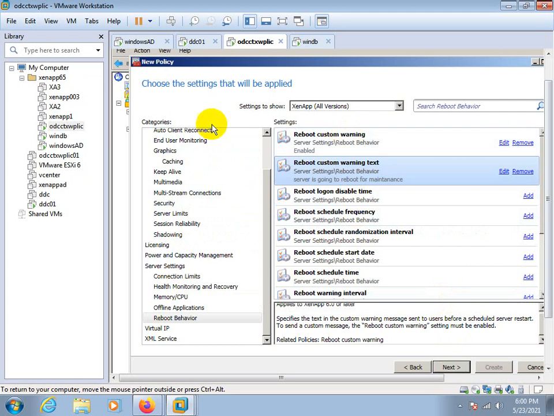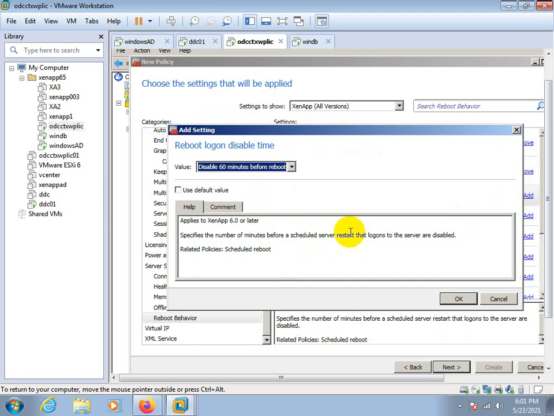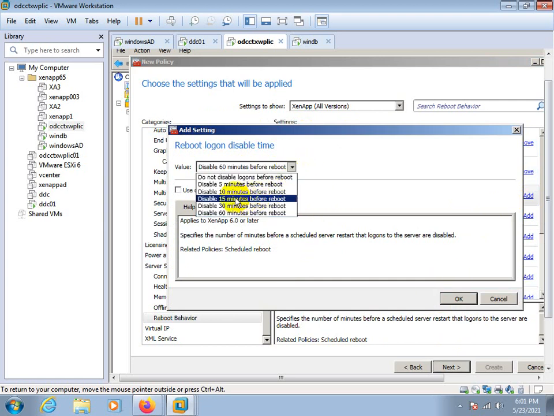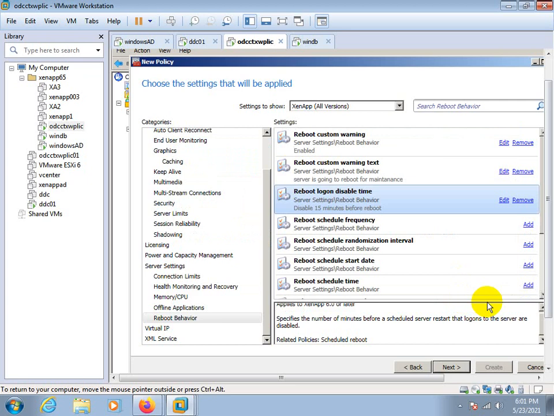First you need to enable the custom warning, then the warning text, then the reboot logon disable time. How much time? It is 15 minutes. Before 15 minutes, logon will be disabled on the server.